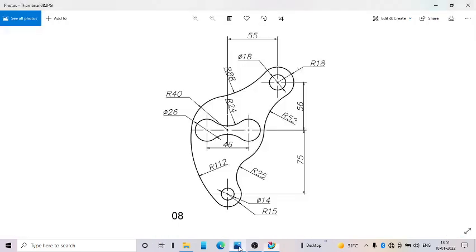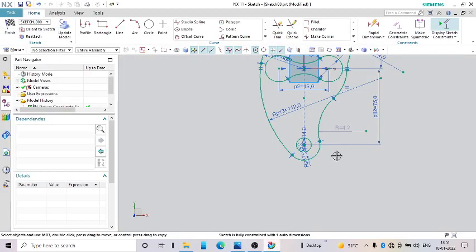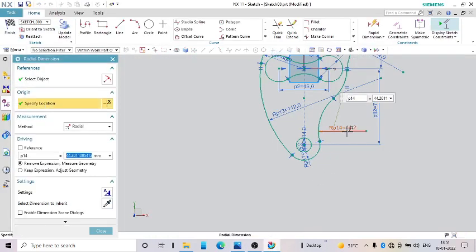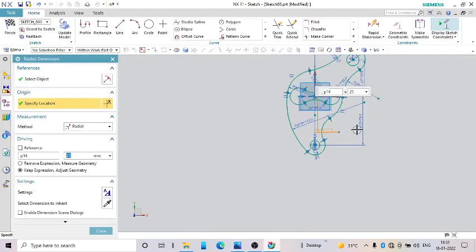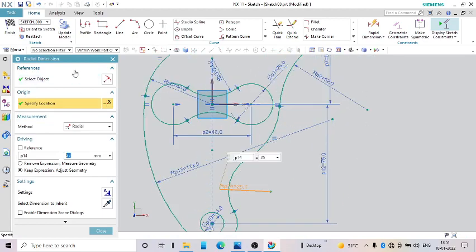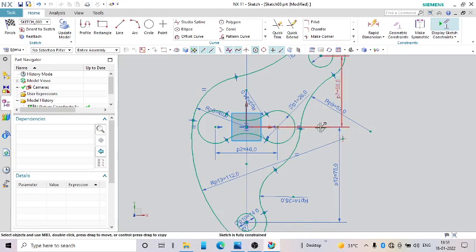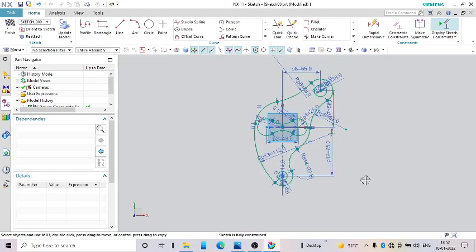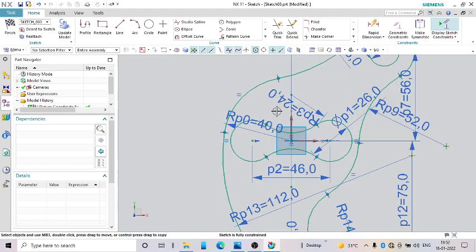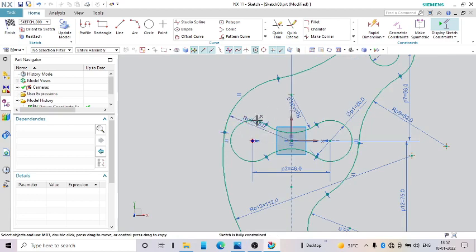Now that radius is 25. This is 25. Sketch is fully constrained. Okay. So that is it. So we have completed one more exercise related to sketch and constraints.